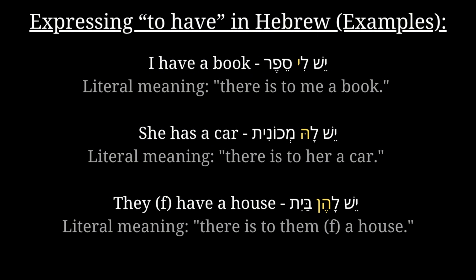They, feminine, have a house. Yesh lahen bait. The literal meaning is there is to them, feminine, a house. The literal meanings make no sense when said in English, so we revert to a modern structure. In summary, this is how the verb to have works in Hebrew, but it's also important to know other concepts,